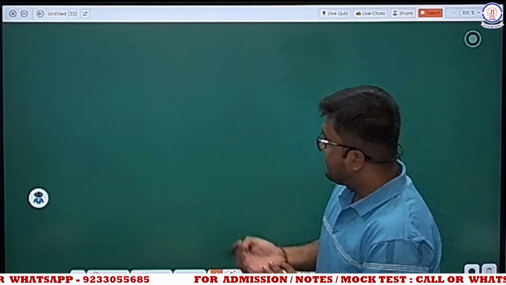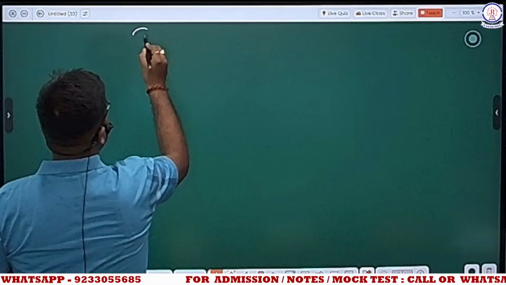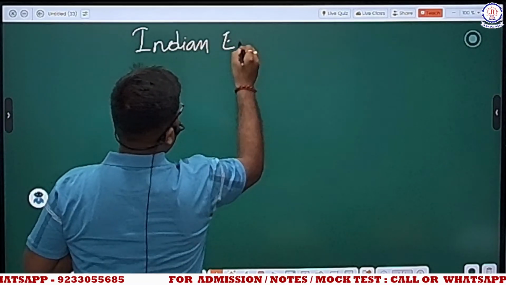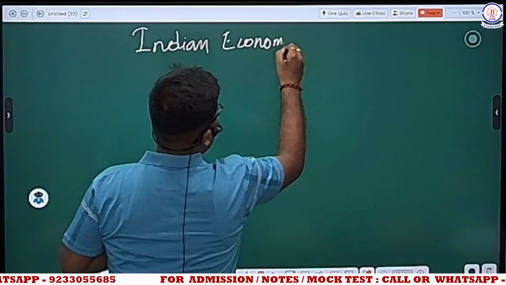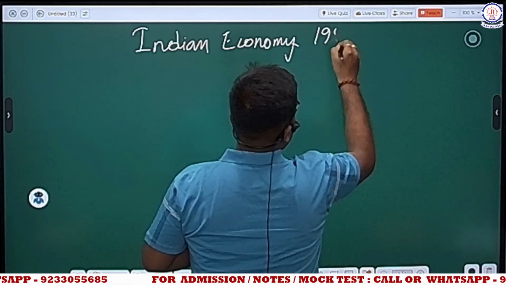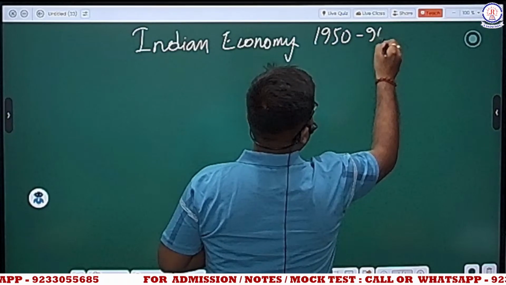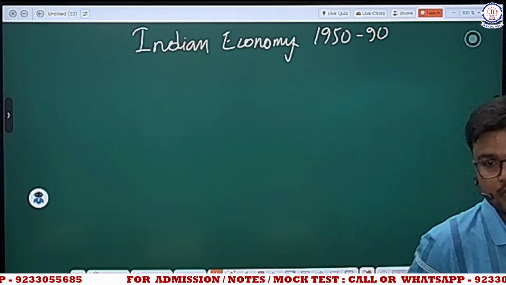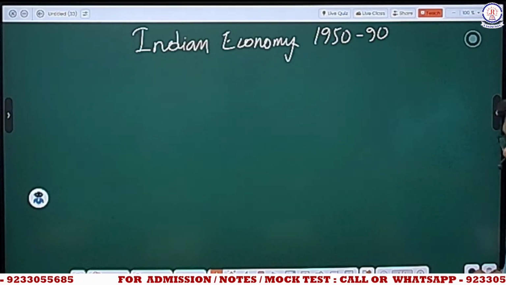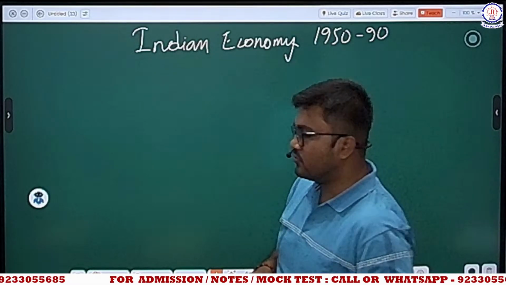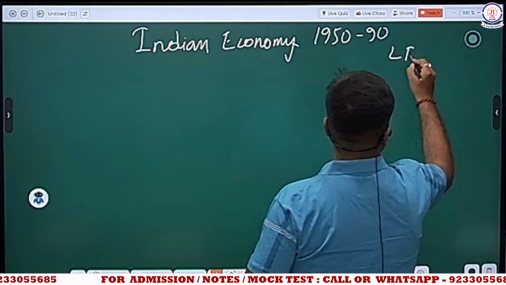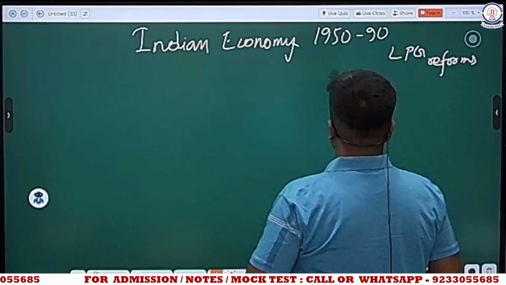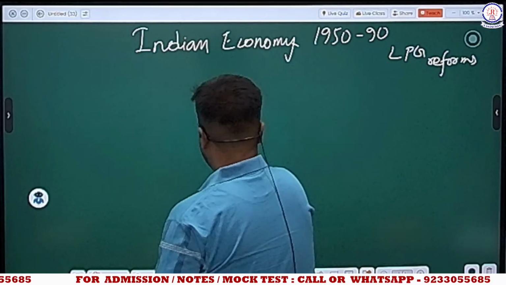So, today we will be discussing the Indian economy from 1950, that is just after independence, up till 1990, that is liberalization, privatization, globalization. In short, they are also known as LPG reforms. So before we move into LPG reforms,